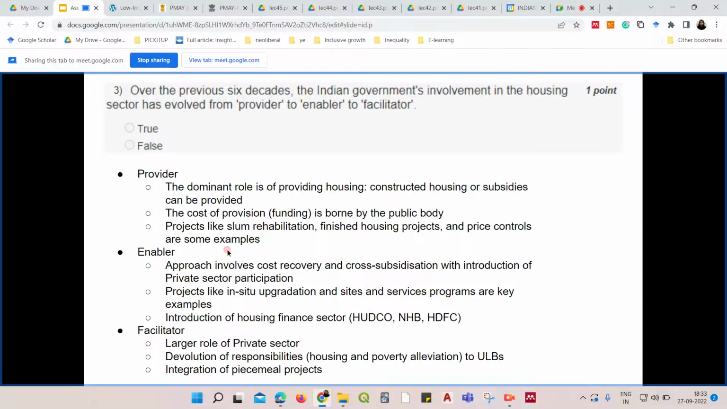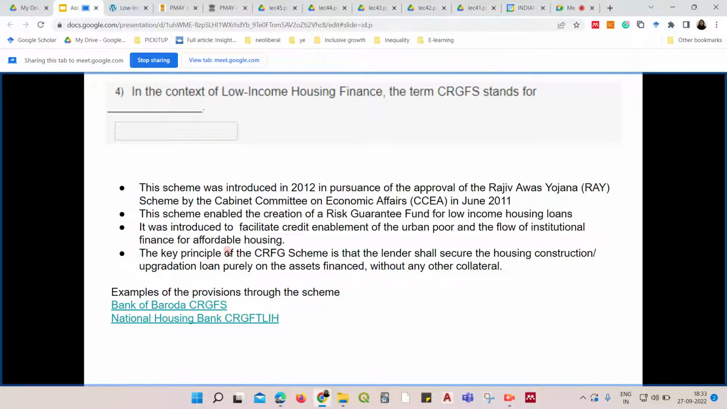Okay, we'll move on to the next question, which is: in the context of low income housing finance, the term CRGFS stands for what? Okay, so this term CRGFS, it basically talks of a scheme for low income housing finance. So I'll give you some hints on what the full form of this term is,